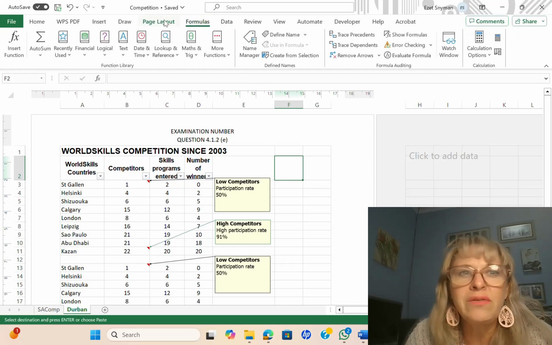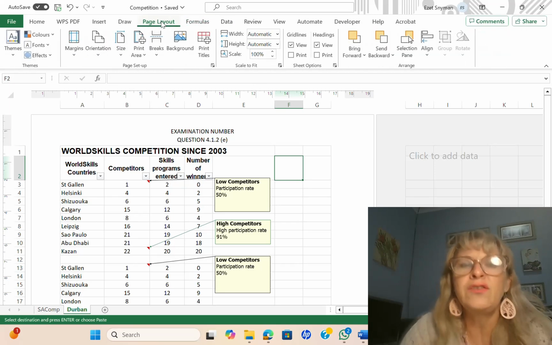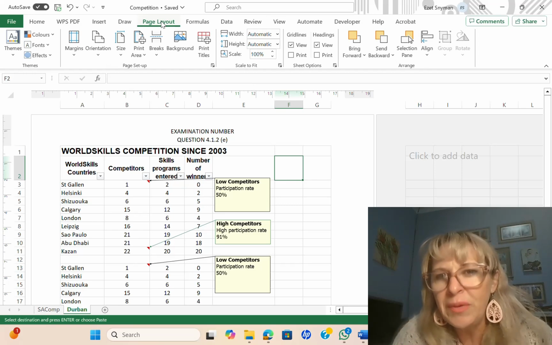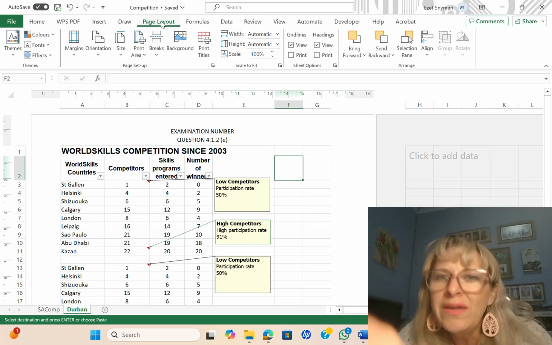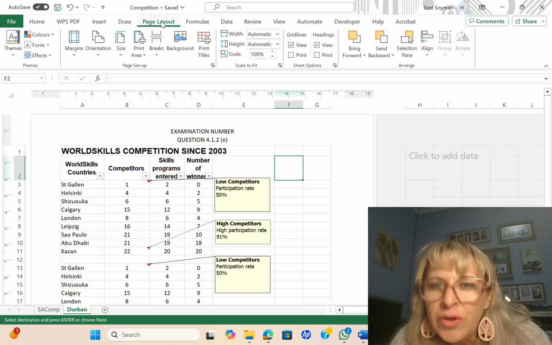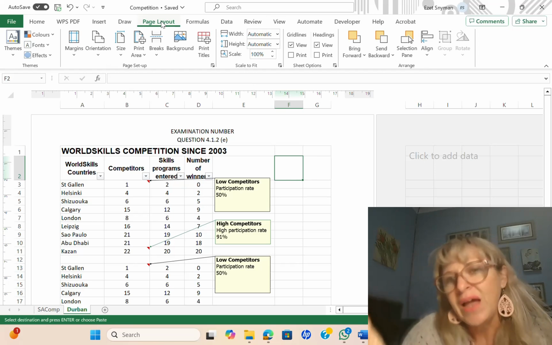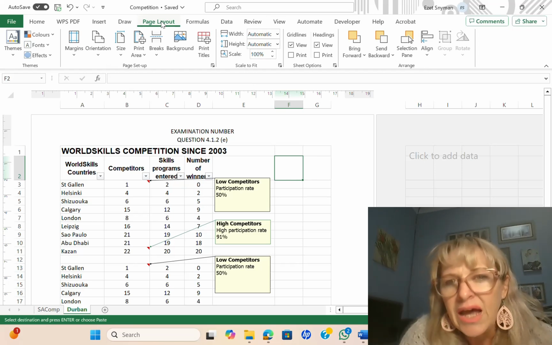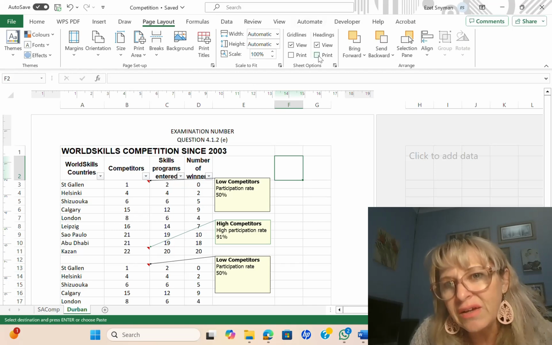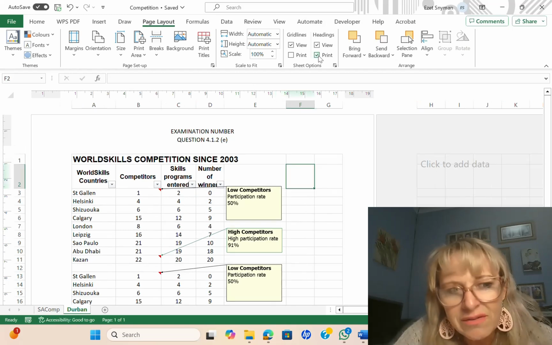Print headings, page layout. It's on the page layout tab. So when you click on the page layout tab, more or less in the middle of the ribbon, if you look at the bottom grouping names, it says sheet options. And then it says headings, and it's got a tick for view, and then you have to tick the print.